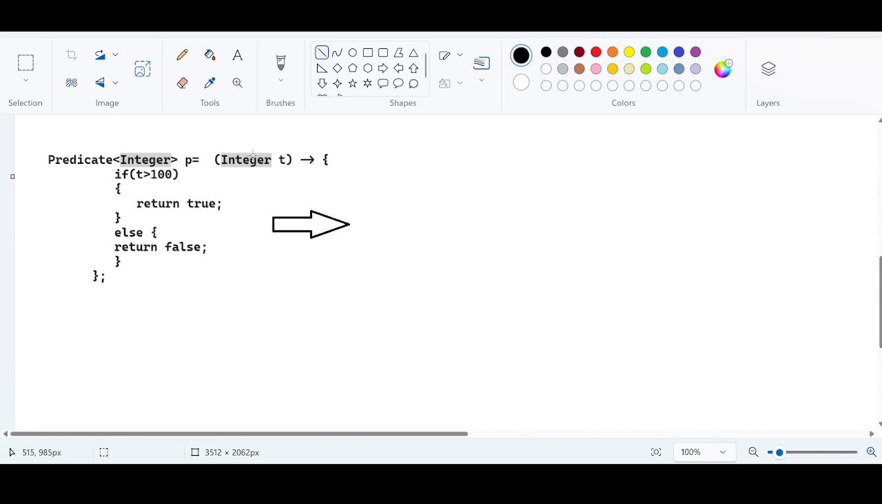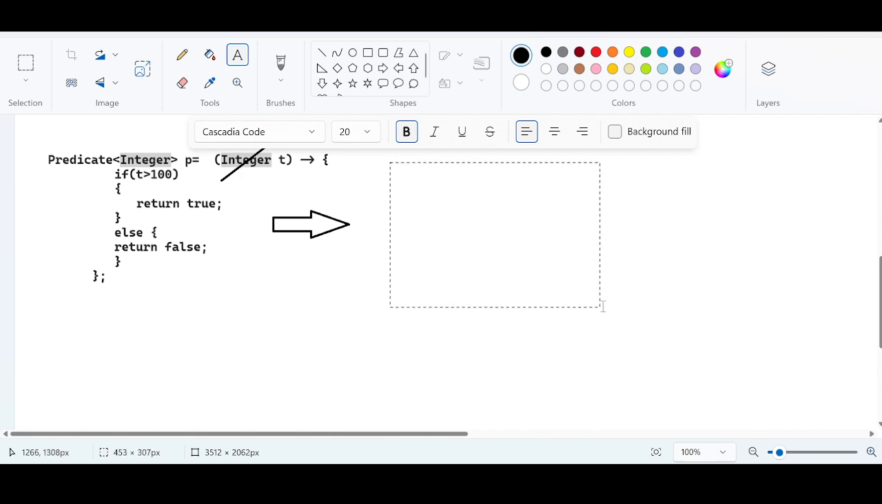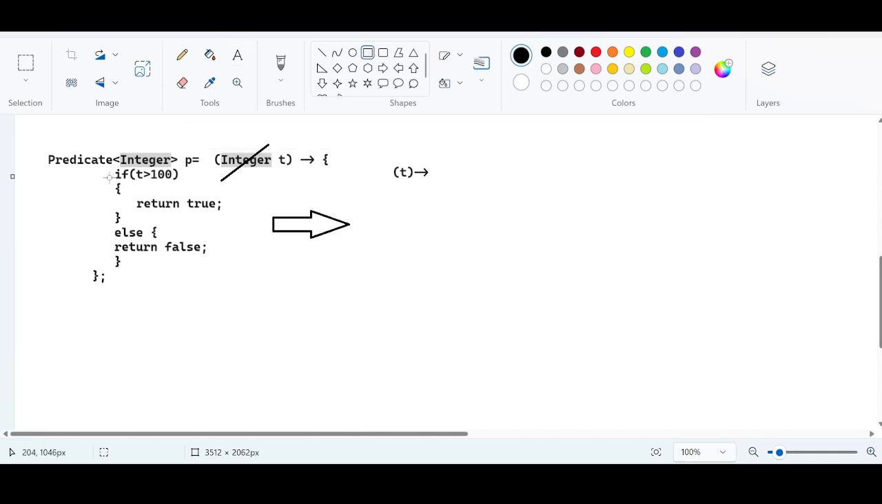Whenever there is only one parameter, that parameter is optional. I mean, that data type is optional. So you can reduce what? You can reduce it to T followed by, right? And the second thing is, in the body of the lambda expression, you are using if